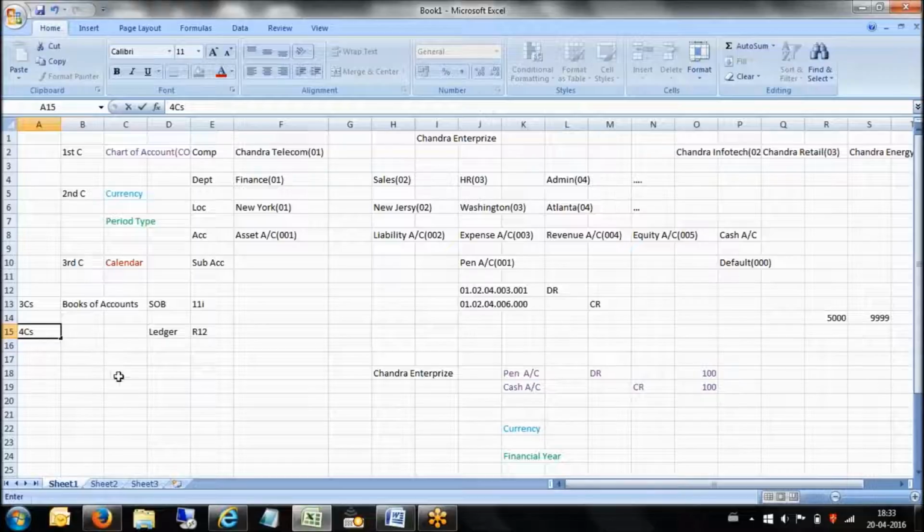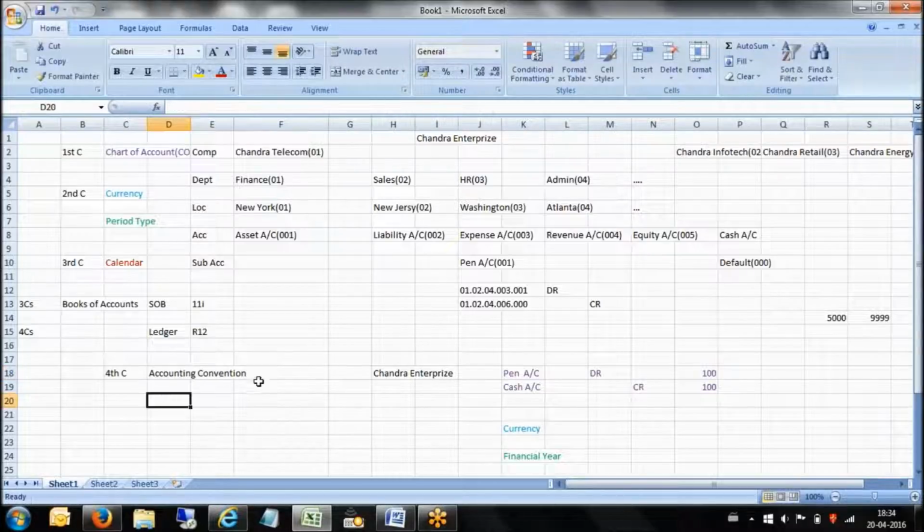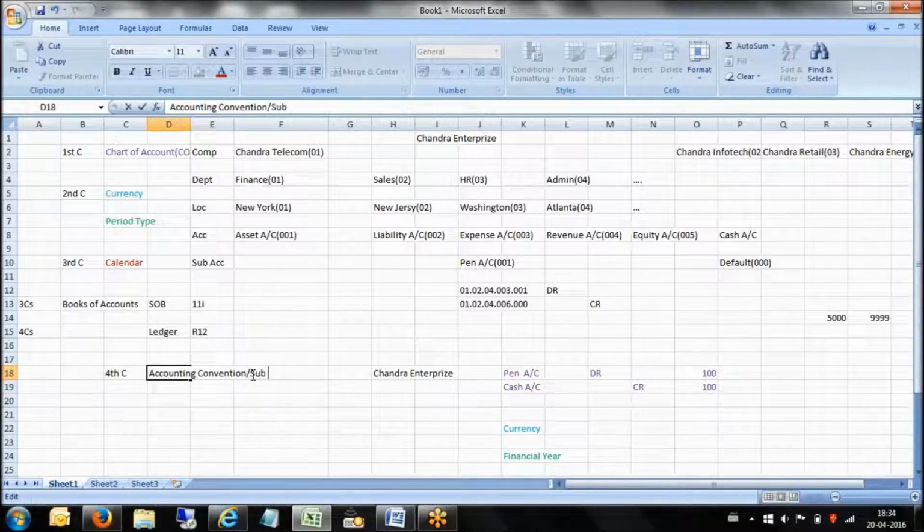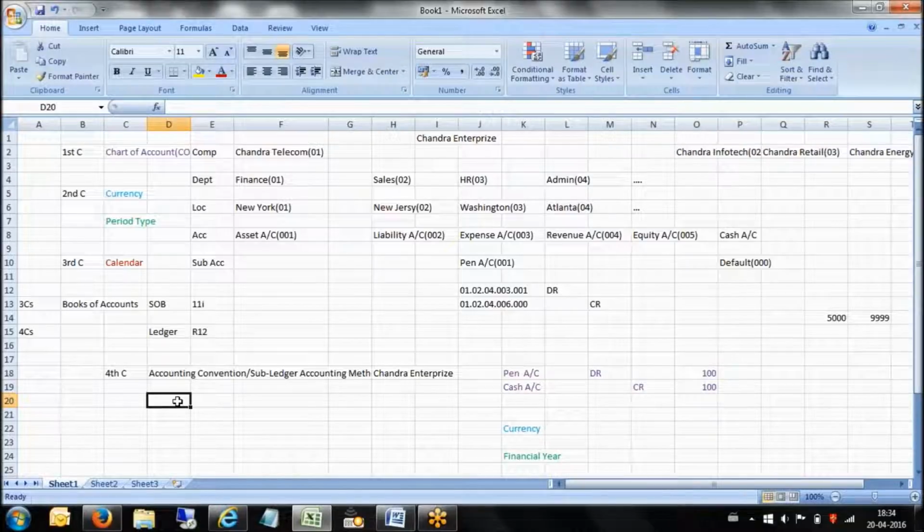Now, what is this 4th C? The 3 C's are the same. The 4th C is accounting convention. Some people may call it sub-ledger accounting method. Some people may call it SLA only, or some people may call it SLAM. It is of 3 types: